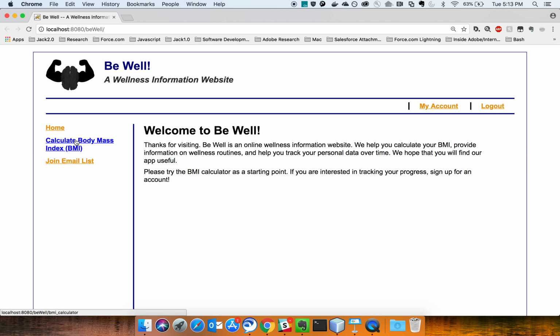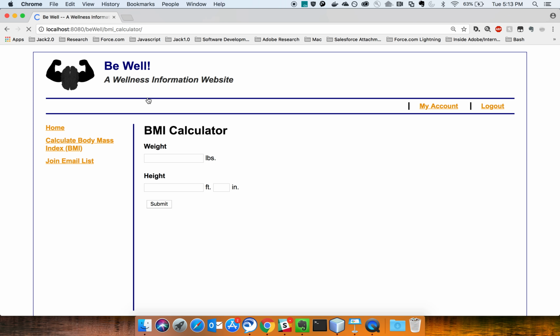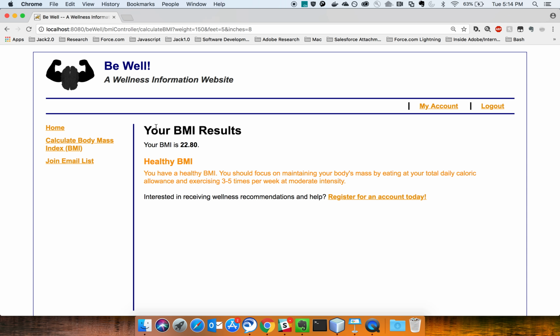And the user might click on Calculate Body Mass Index as an initial starting point. So here they're taken to the BMI calculator. They can enter a sample weight and height and click Submit. And you'll notice that they get back their BMI score along with a wellness routine recommendation based on the fact that this particular BMI fell into the healthy category. And at the bottom, since we're not logged in right now, the application will actually encourage the user to register